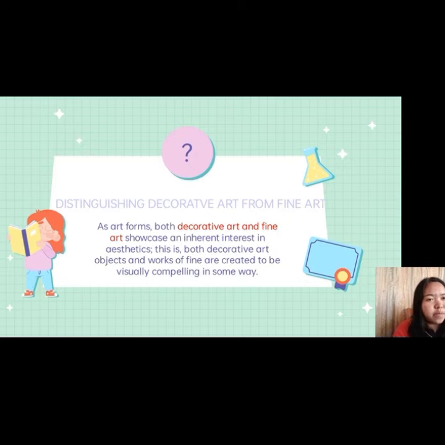So, before proceeding to the next slide, let me just add this, the purpose of decorative art. The main function of decorative art is to embellish something other than itself. An object, a room, a building, a facade, and so on. The National Gallery of Art in London explains that with such a broad definition, it is no surprise there are myriad types of decorative art. Renowned for its masterpieces of painting and sculpture, the National Gallery of Art possesses exceptional examples